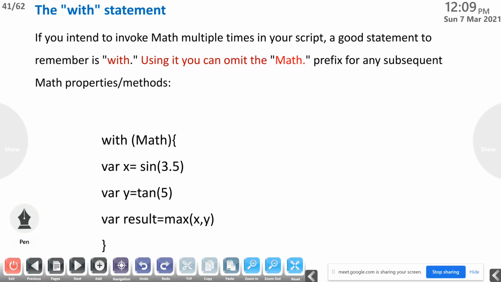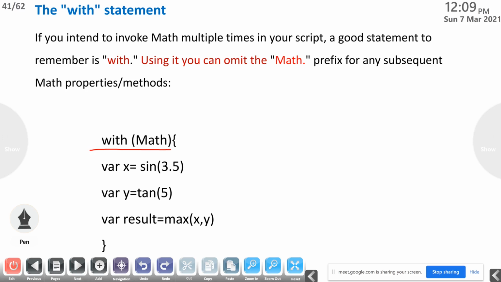Then the with statement. If you intend to invoke math multiple times in your script, a good statement to remember is with. Using it, you can omit the Math dot again and again as a prefix for any subsequent math properties or methods. For example, math.min, math.max. So we can omit the math.